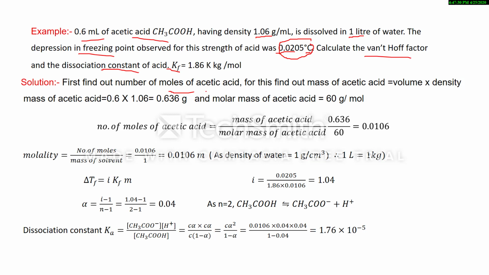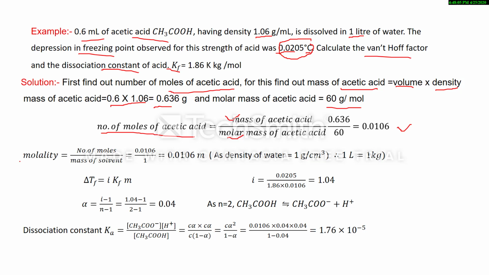First, find out the number of moles of acetic acid, and for this, find out the mass of acetic acid, which is equal to volume into density. Volume and density are given in the question, 0.6 into 1.06. This will come to 0.636 gram. This is the mass of acetic acid. Molar mass of acetic acid we can calculate as 60 gram per mole. Then we can find out the number of moles of acetic acid. This is the mass of acetic acid divided by molar mass of acetic acid. Put the value. This will come